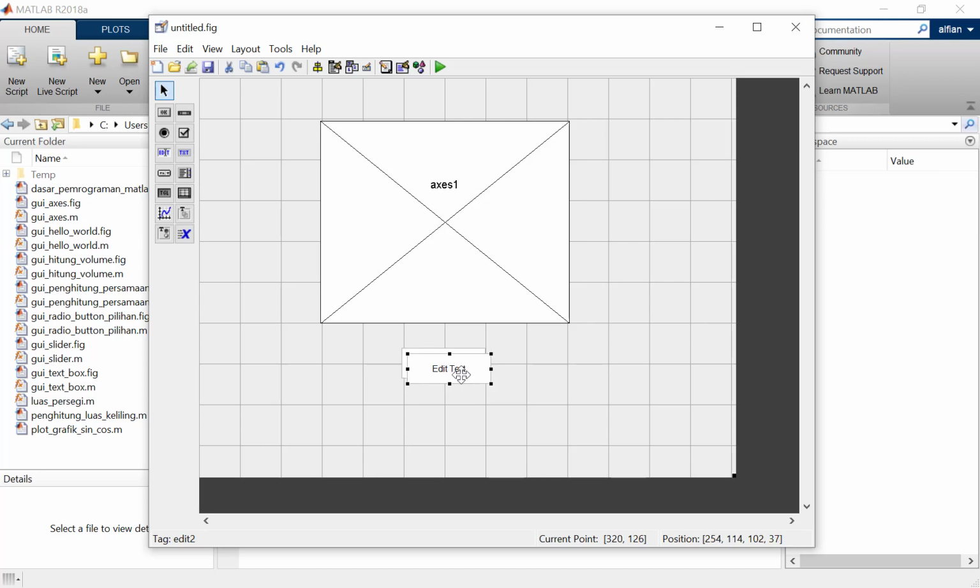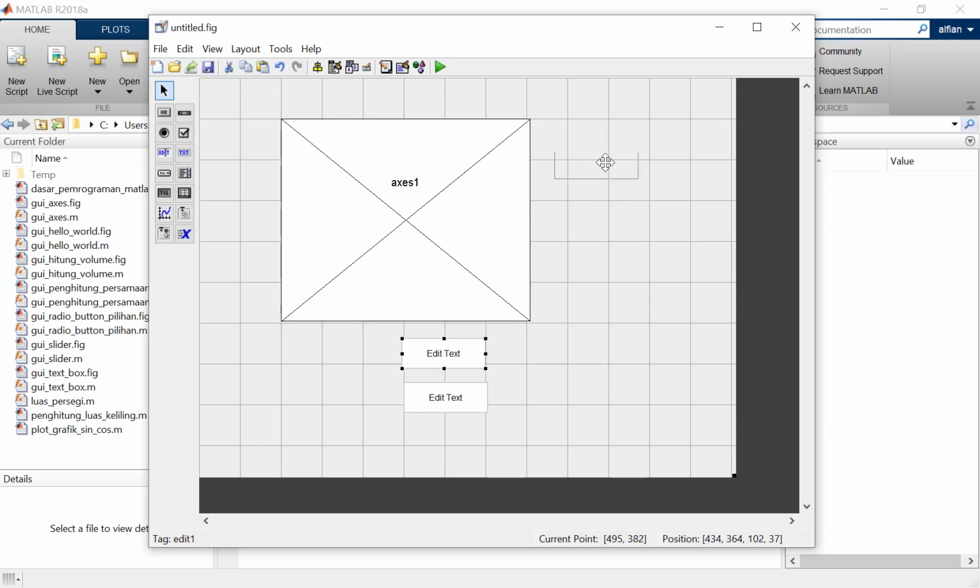We can copy it and paste, and then perhaps I can move the block here, and then we add the button to run the program.